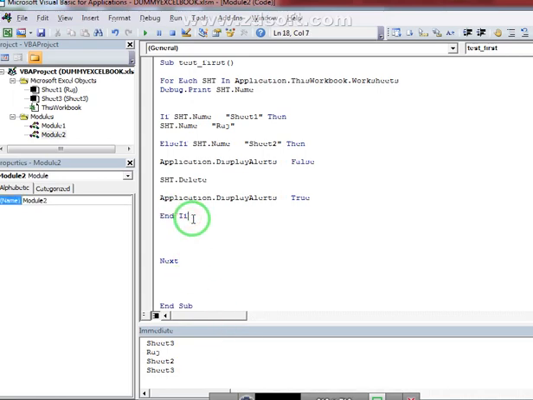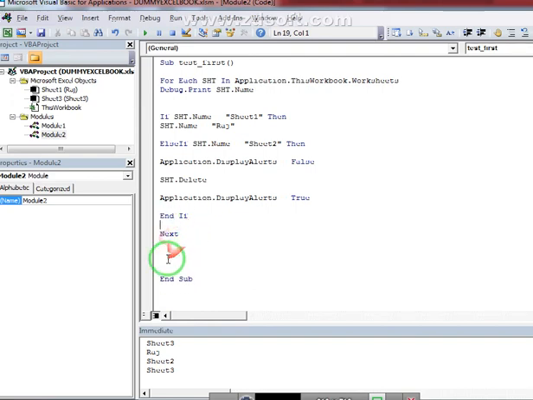And at the last, I'm going to write code to add a new worksheet in the same workbook. For this, I'll end the condition and the If, right?